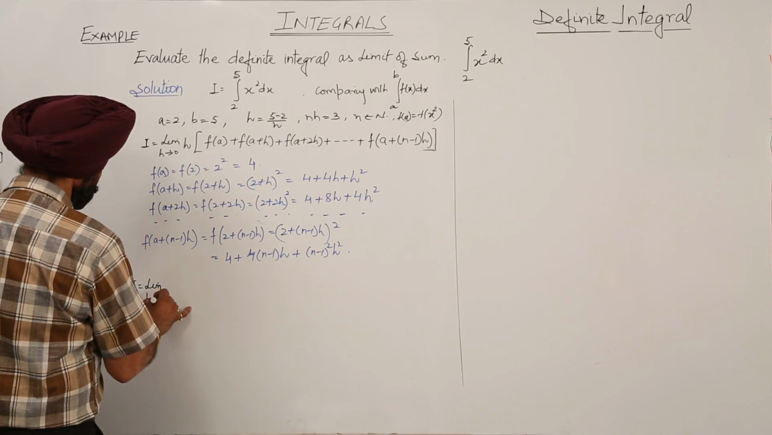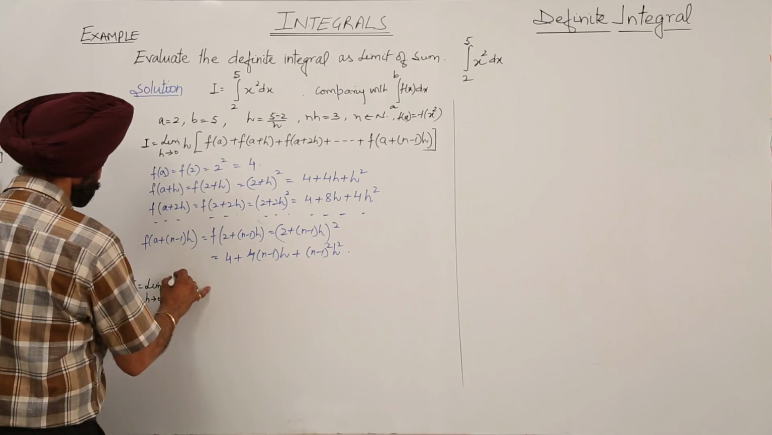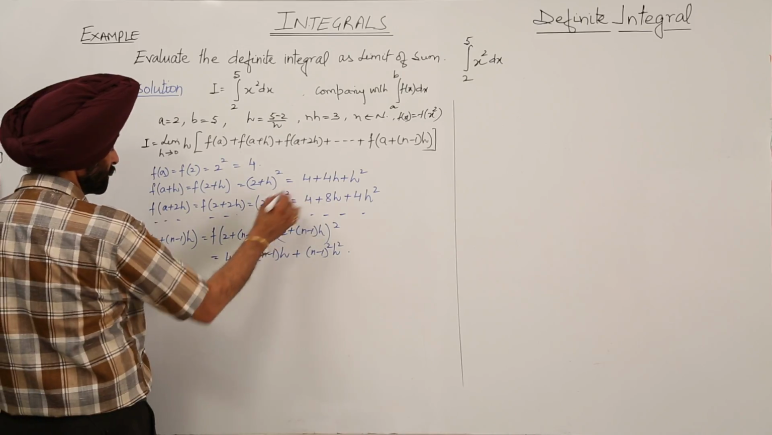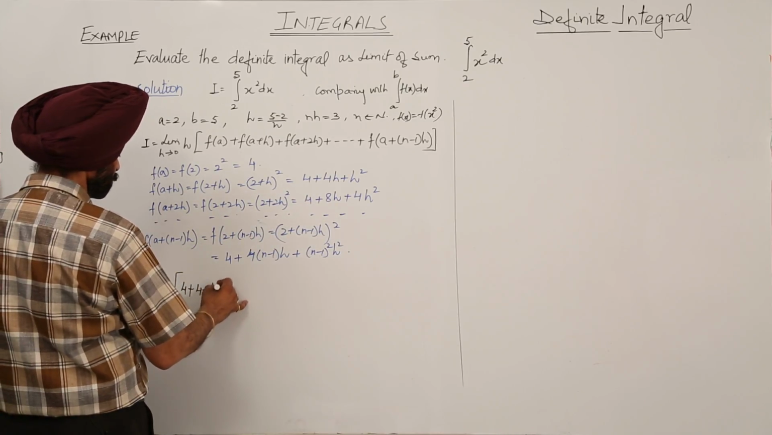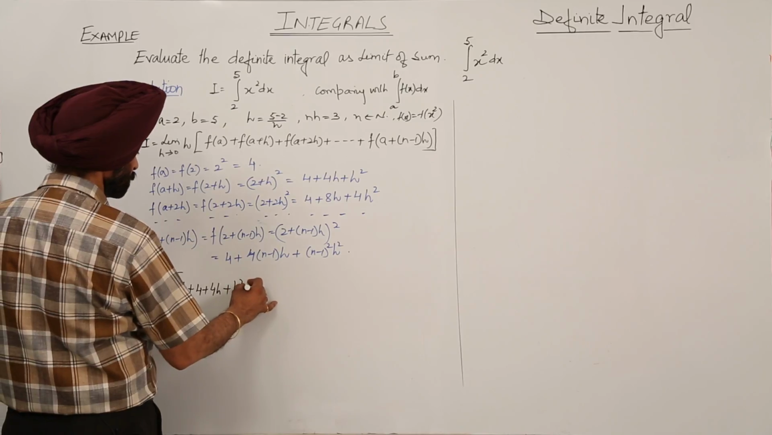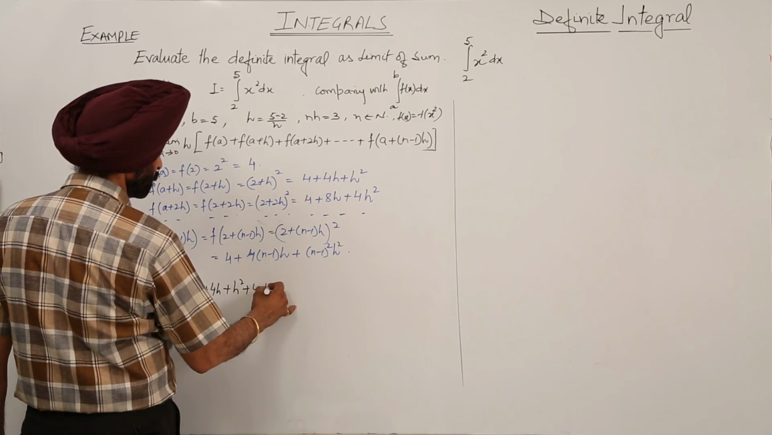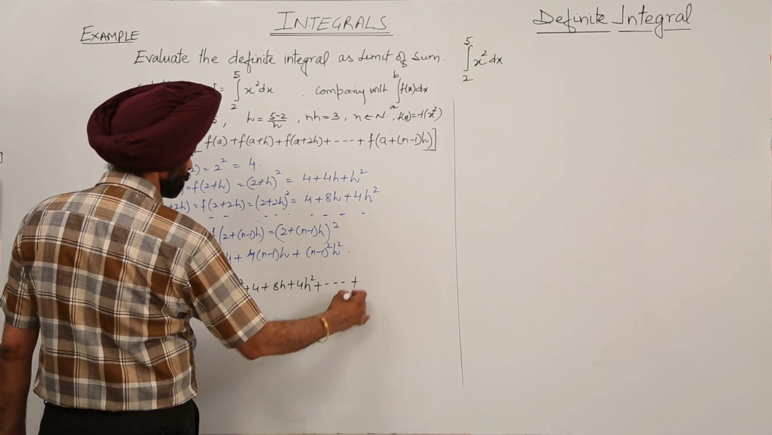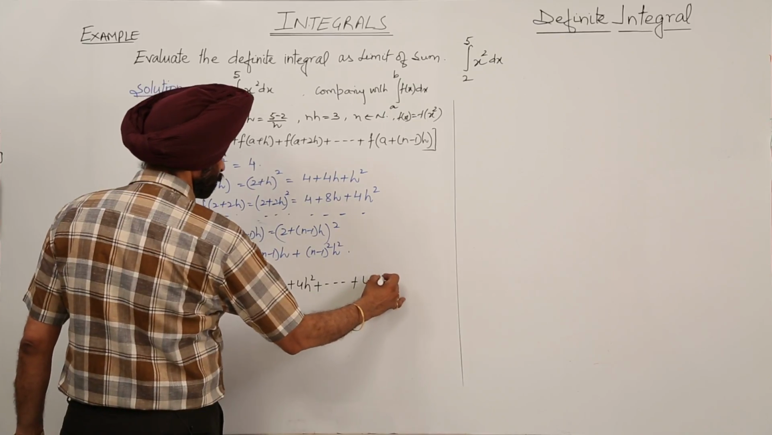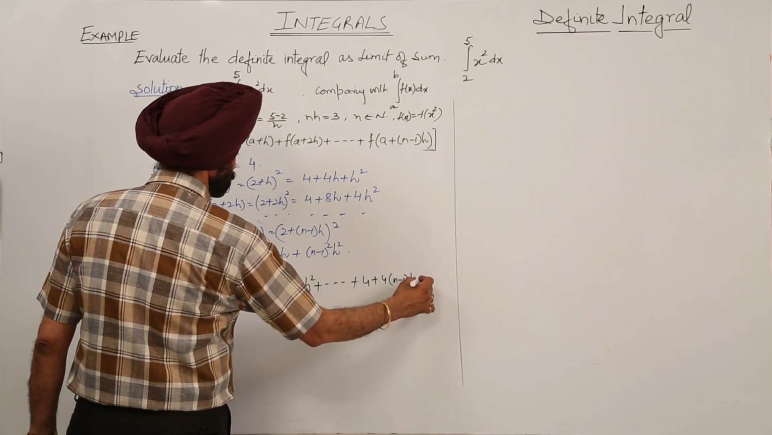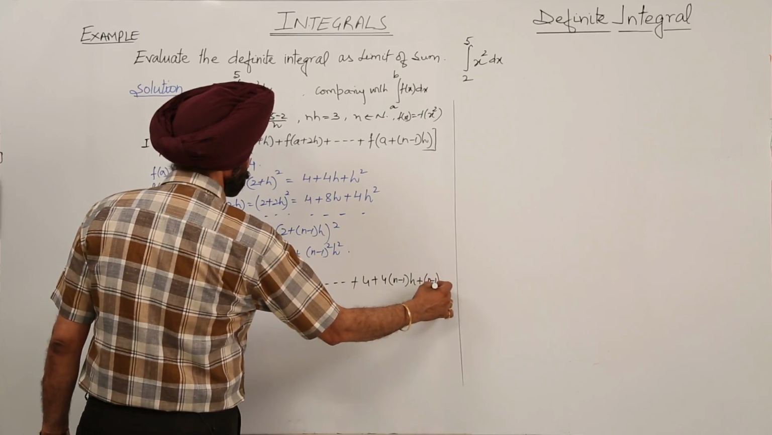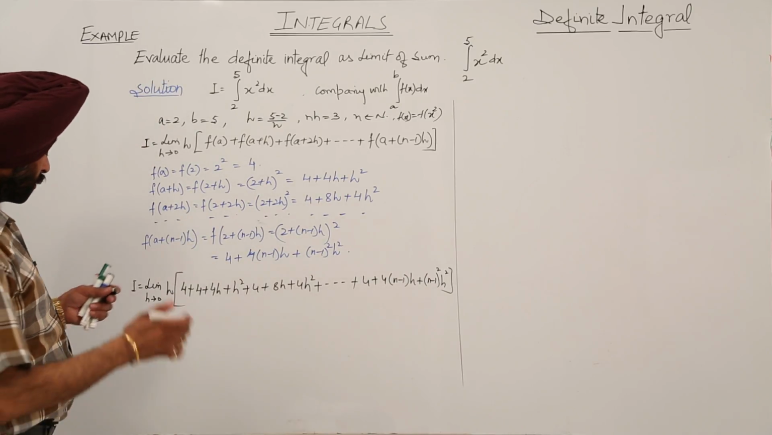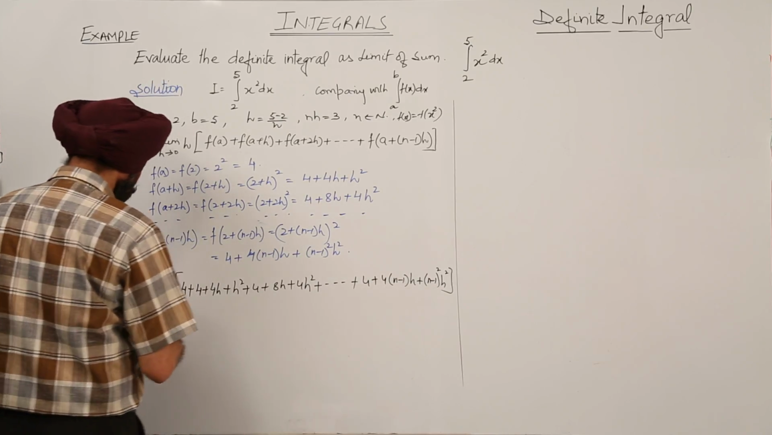Limit h approaches 0, h times. Now first is 4 plus, then it is 4 plus 4h plus h square, plus 4 plus 8h plus 4h square, plus 4 plus 4(n minus 1)h plus (n minus 1) whole square h whole square. Is it clear? Now look how interesting thing we are having. What we are getting now,